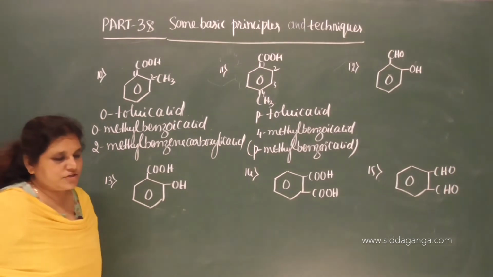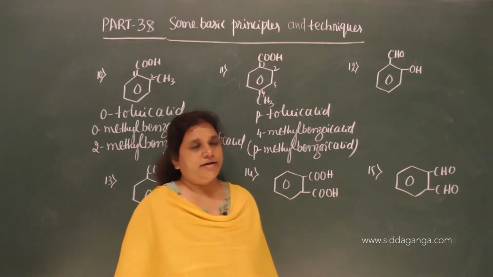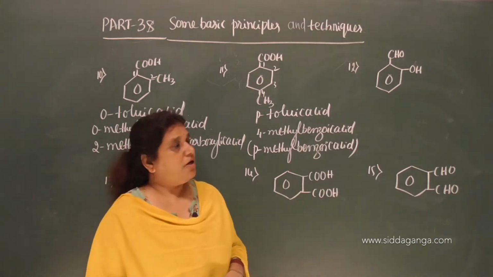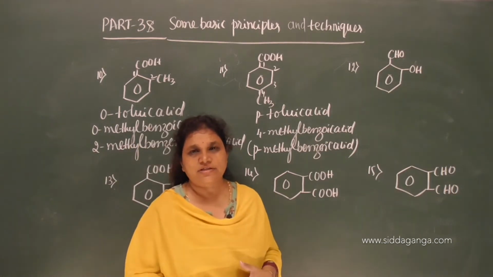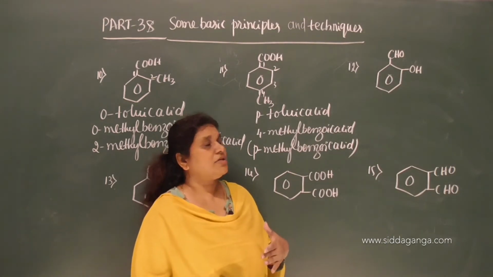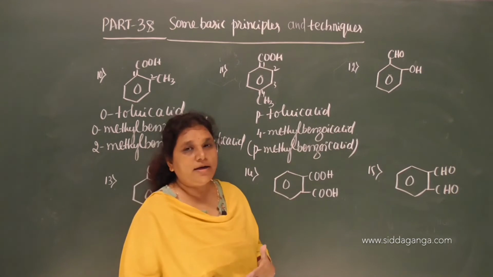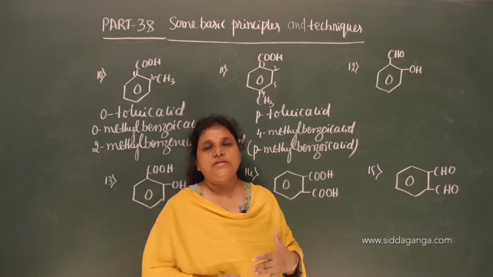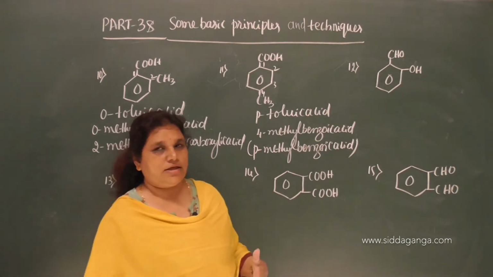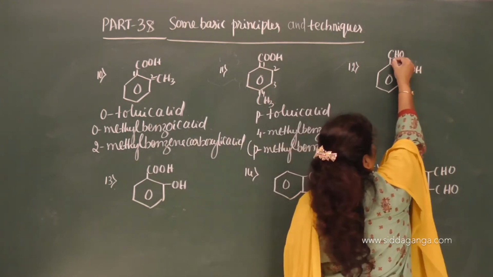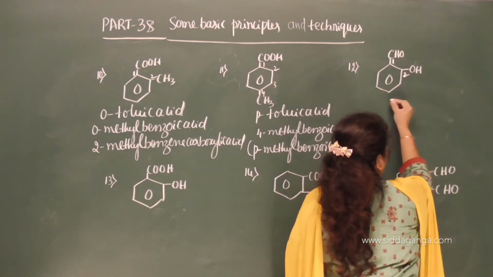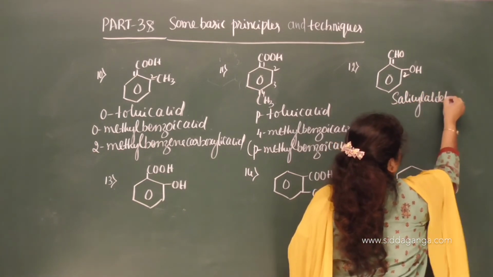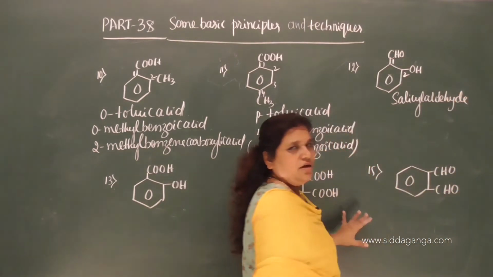Benzene containing two functional groups. One is aldehyde, another one is OH. We need to treat CHO as the principal functional group. For that we have to give the secondary suffix. As it contains carbon, we have to use the special secondary suffix called carbaldehyde, and OH becomes a substituent now. And for this substituent, which prefix do we need to use? Hydroxy, correct? So what is the position of hydroxy? 1 and 2. Now what is the common name for this? Salicyl aldehyde. Salicyl aldehyde is the common name.